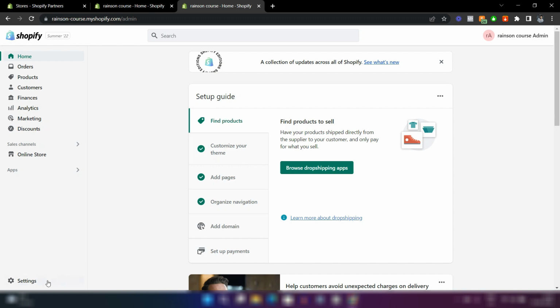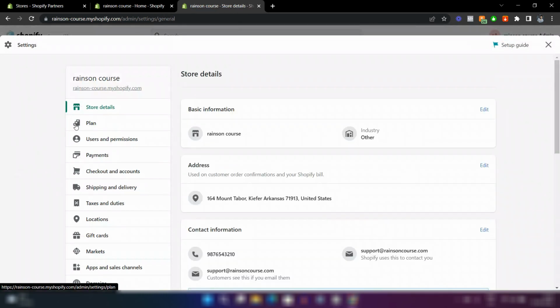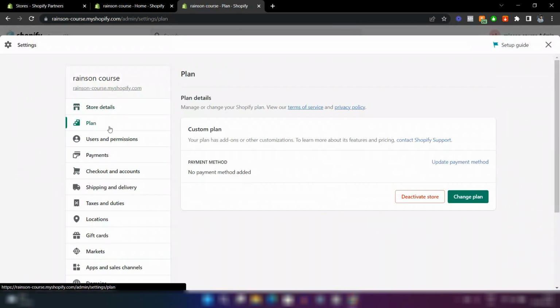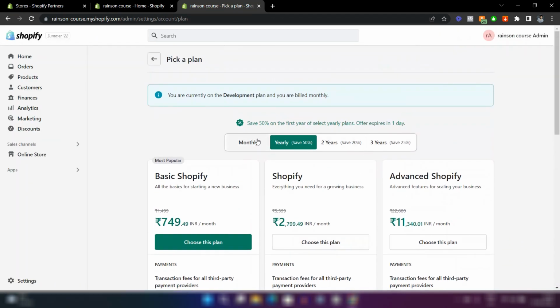So I'm gonna come down here to settings right here. And then here you have to go to the plan right here. And then you have to click on change plan, and this is what you get. Alright, so monthly it's gonna be a little bit expensive. This is my currency. If you don't understand what this is, the monthly plan comes at around $29, and yearly